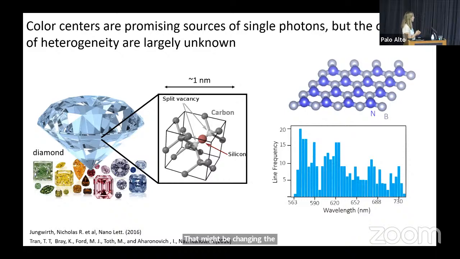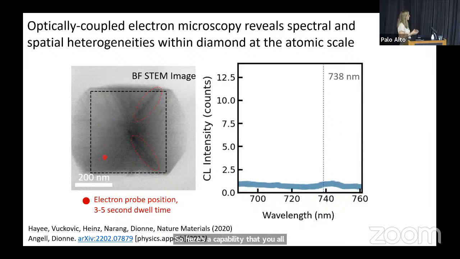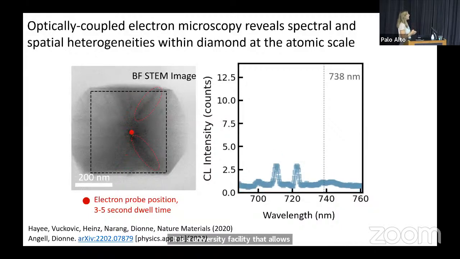And here, for example, is a plot showing the wavelengths that can come out in various single photon emitters, for example, in a two-dimensional material like hexagonal boron nitride. So here's a capability that you all would have access to. It is a university facility that allows for transmission electron microscopy combined with optical spectroscopy. So here you can see the